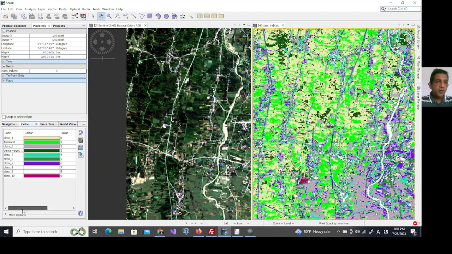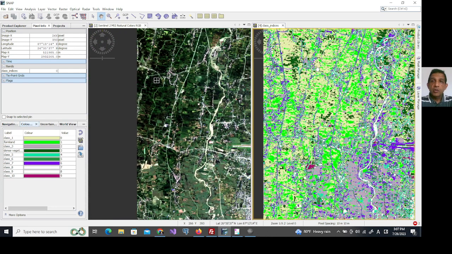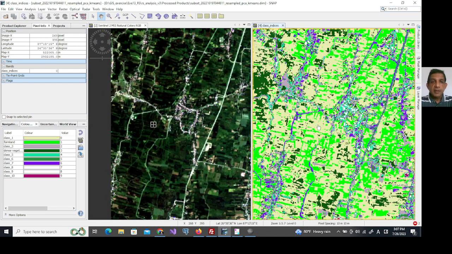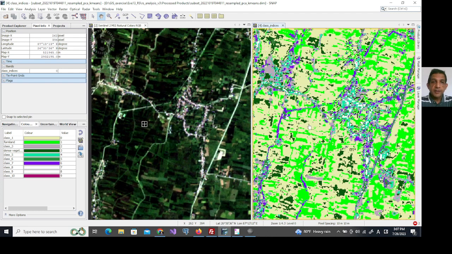In the same way, we have to find each of the classes. So this is also somewhat dense vegetation. So I think this 0 value is also dense vegetation. So let us make it